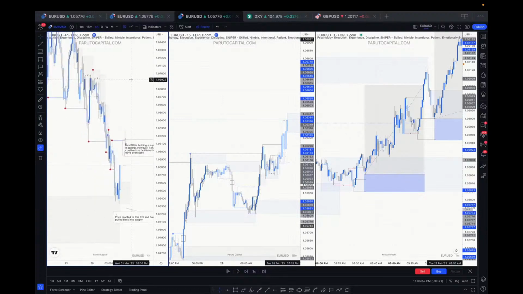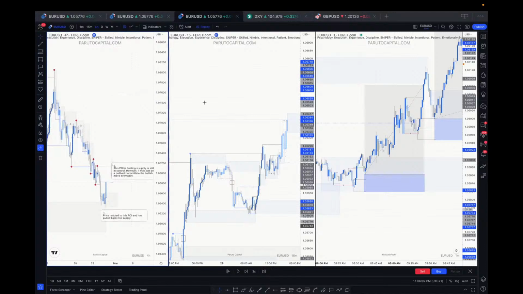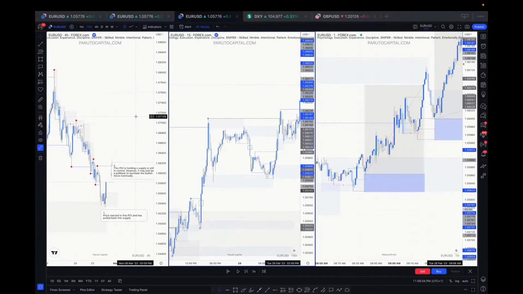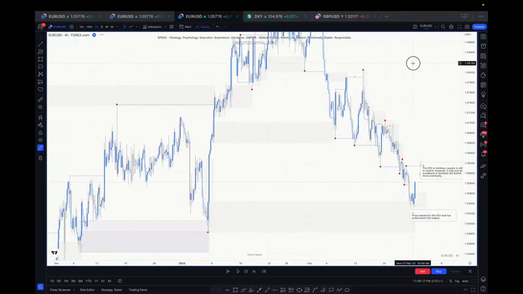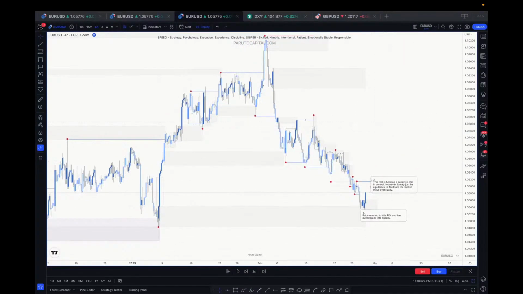Now, this is one entry you need to learn how to really spot in the market, and then utilize it in your trading. And I tell you, it's just going to change a lot for you. So on my chart here, I have the 4 hour, the 15 minutes, and then the 1 minute. But we're just going to use one of those charts to buttress what I want to show you here. So using the 4 hour chart,